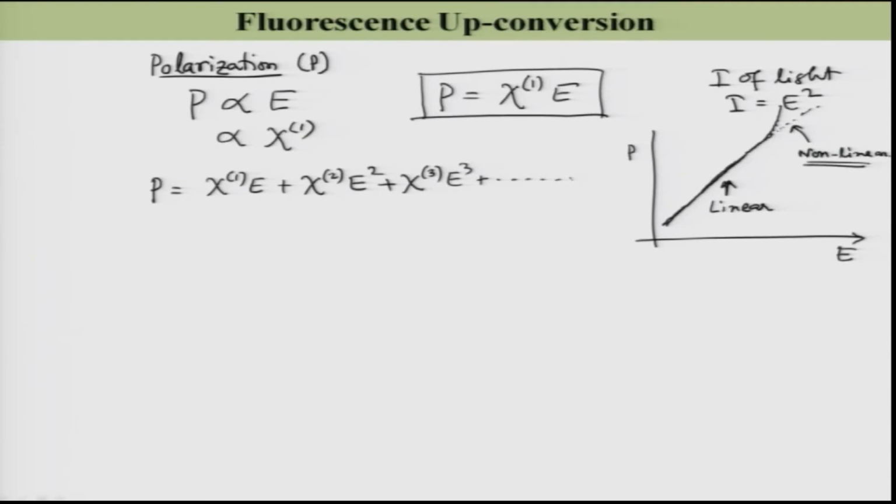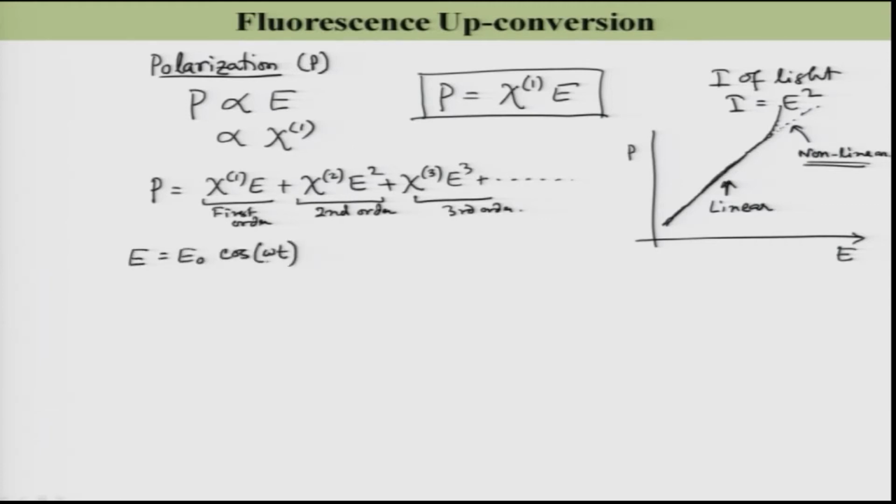So, let me take a functional form of this electric field, the cos omega t, I can think of it, with an amplitude E 0. So, this is the first order, this is the second order, this is the third order, and so on and so forth. Now, if I think that E is equal to E 0 cos omega t, so this is the frequency,